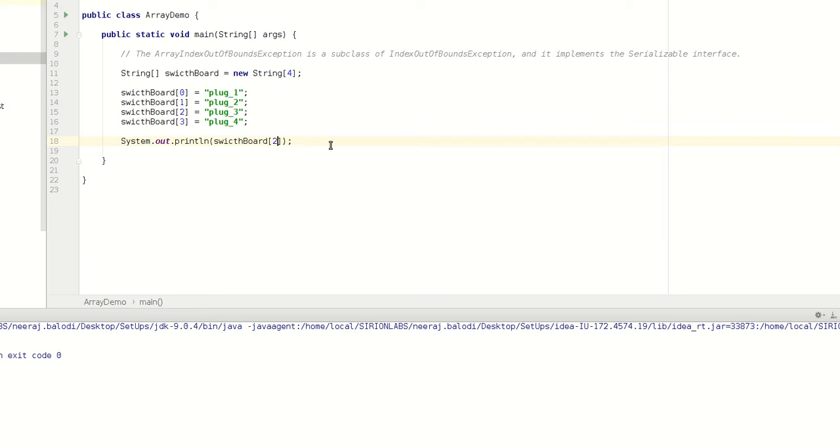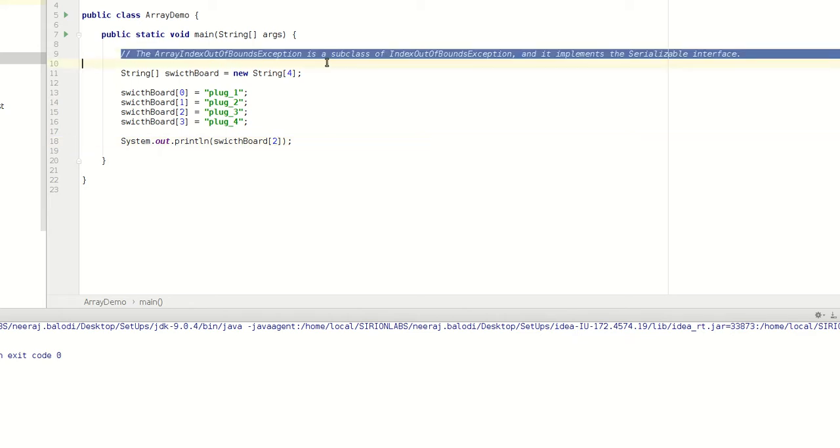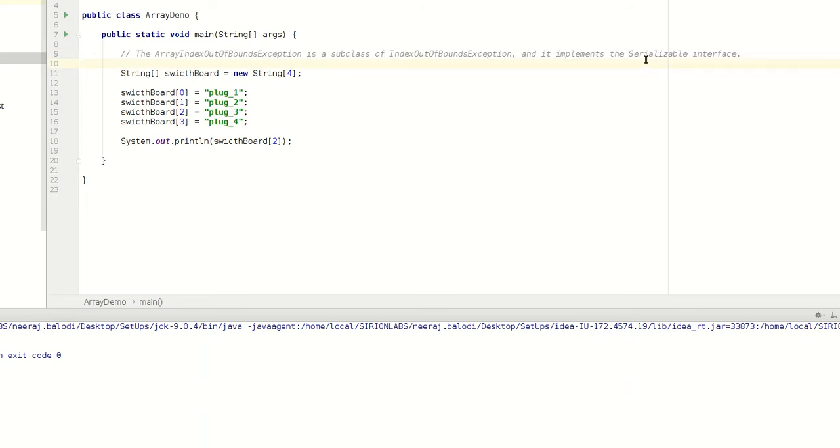Now there are common exceptions that we will get while implementing or executing array programs, as I have already mentioned at the top: array index out of bound exception. This is the most common kind of exception we face while executing array programs in Java. You can see here that I can insert only up to index 3. If I want to access the fourth element, what will happen?